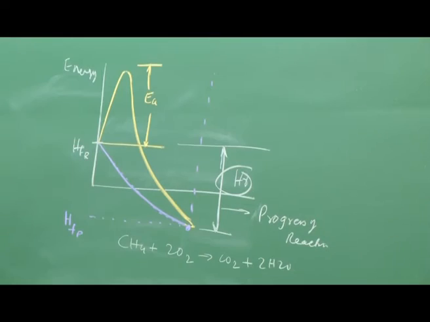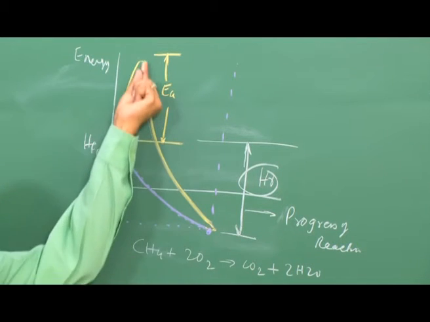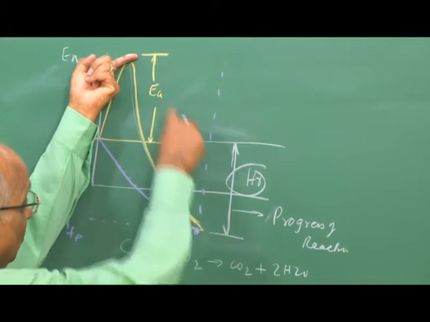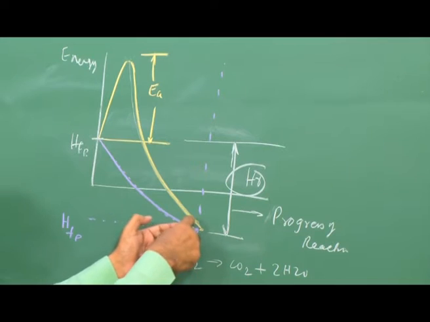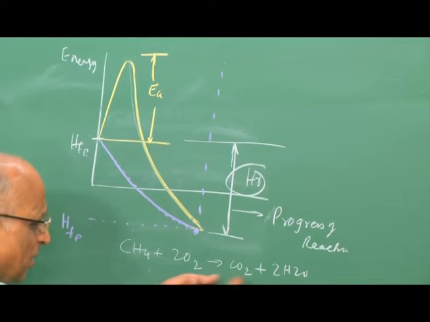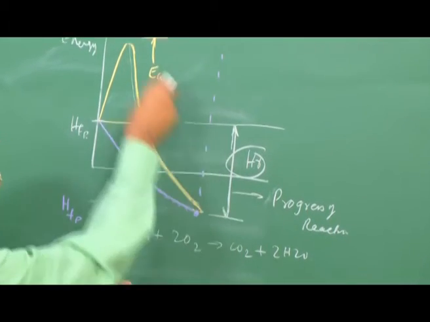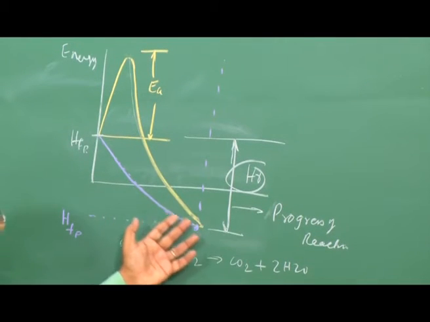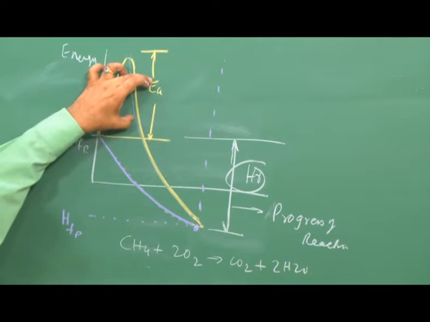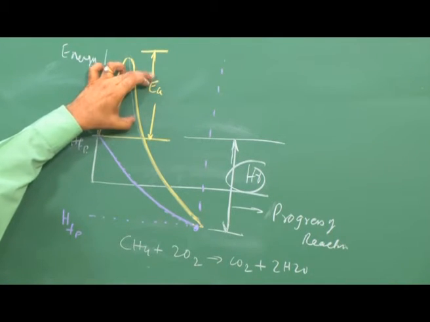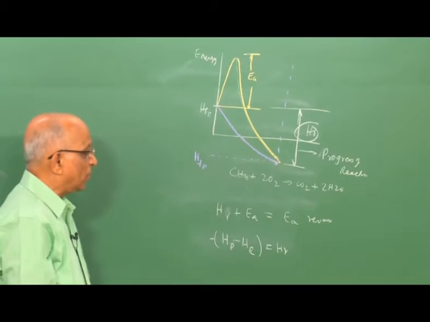But if I have the products and I want to form the reactants, I have to have an activation energy of this value which is equal to EA plus HR such that it can come to products over here, which means the reverse reaction is very difficult, and I always get the forward reaction since the activation energy is smaller. In some cases, the magnitude of the reverse reactions can have values of activation energies which are comparable, but most of the reactions have forward activation energies much smaller than the reverse values. Well, this is the way we look at the progress of a reaction.